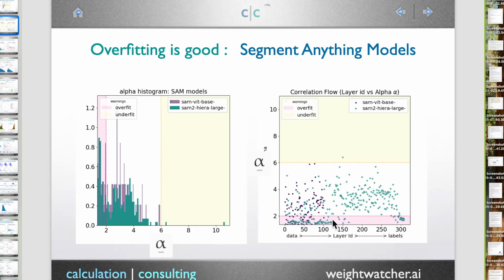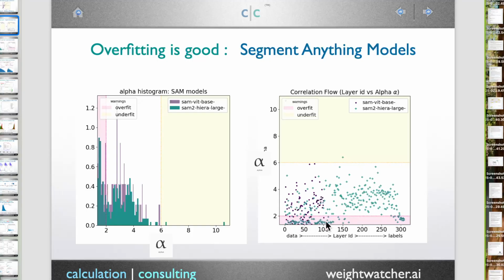And what I suspect is going on here is that in order to do segment anything, for example in Segment ViT or SAM1, SAM2, you have to memorize some abstract feature which is shared among various images. So I think what's happening is that when you train segment anything models, they're trained in such a way to memorize these very, very abstract features, which are shared between different images, so you can do zero shot. Because segment anything models are used for zero shot learning. So we think that that's what's happening.